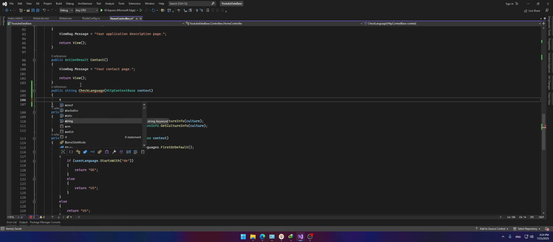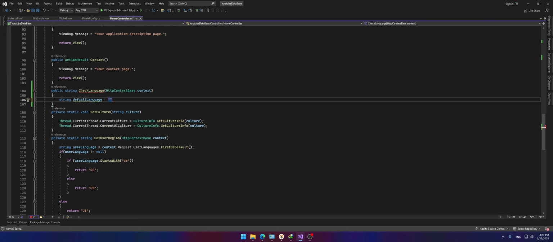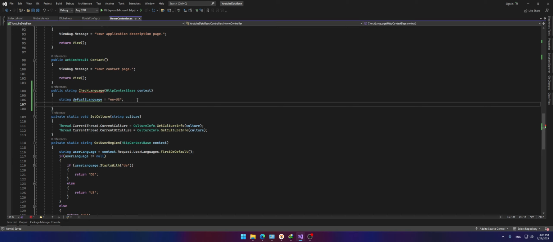So a string default language, it's equal to en.us and a string of language